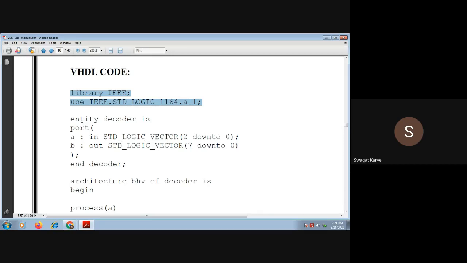As we are using inputs and outputs, we will use the port declaration.